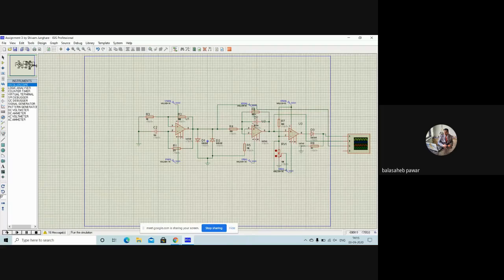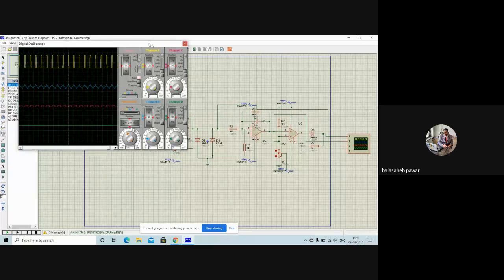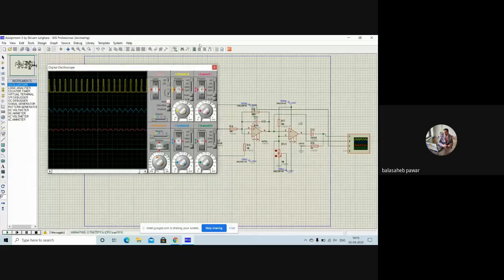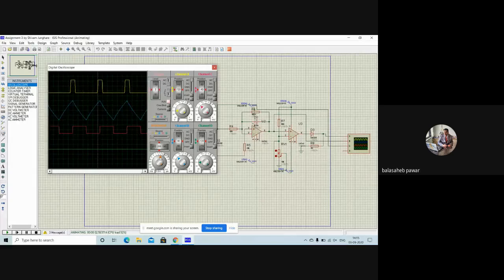Now run it. Just keep it at the middle side. See how it is. And change the multiplier of the triangular, not that yellow one. Keep that yellow color as it is. Press rectangle. And the square wave generator, pink color. Now change the time per division also, so that it will be properly visible. Yes, very nice, perfect.